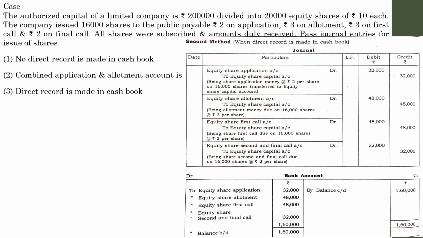I hope you have understood the concept. So go through these cases which we have discussed now. Beforehand, try to understand the journal entries which we have discussed previously, and after that go through this question. Here we have almost covered all the statements which we have discussed previously with regard to various journal entries that have to be passed in various methods. Go through it. We will discuss further cases with regard to issue of shares and other special cases and patterns. Until then, go through it.